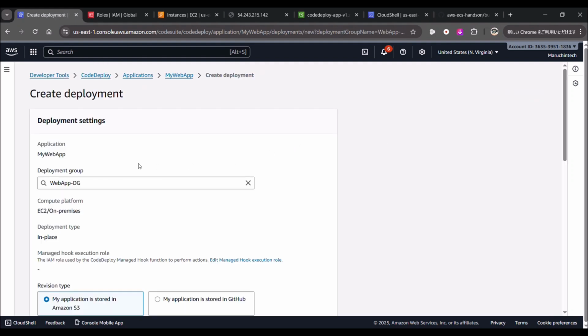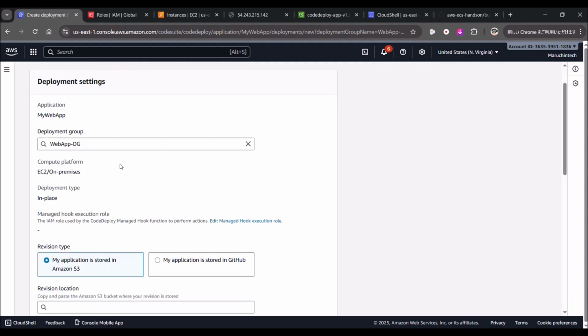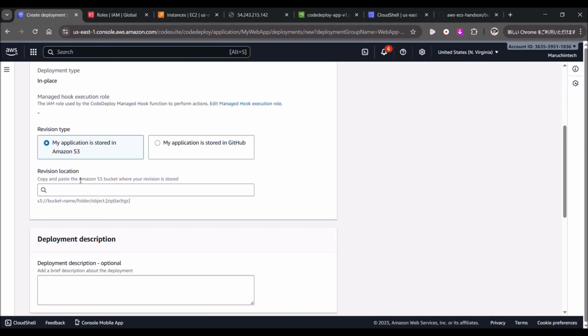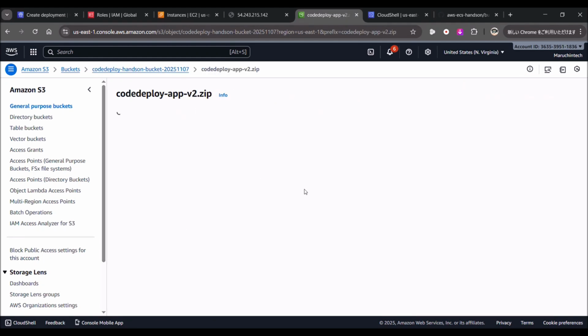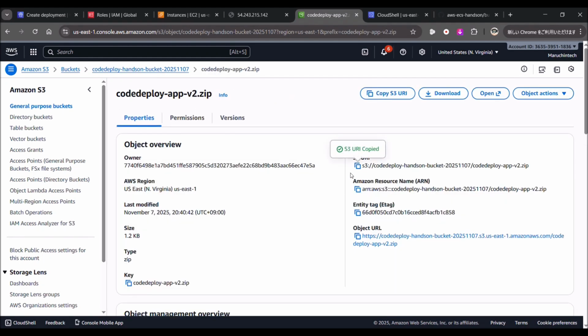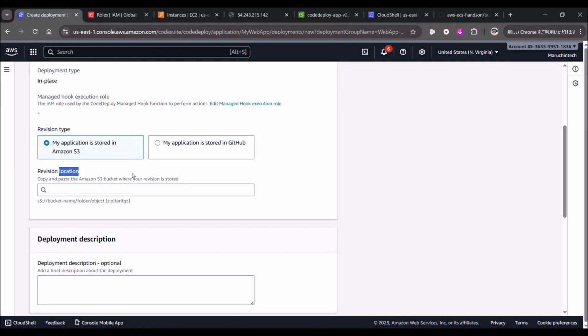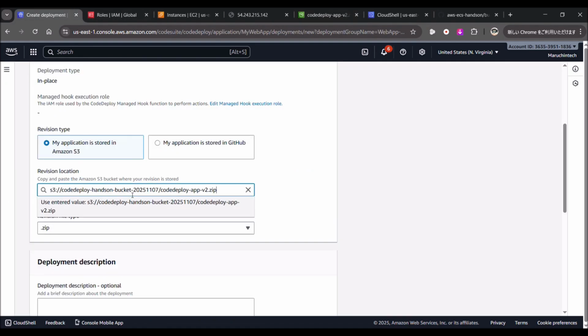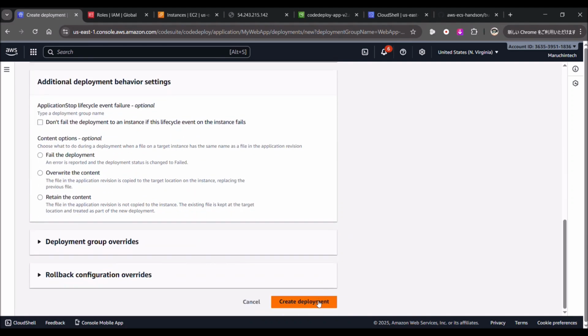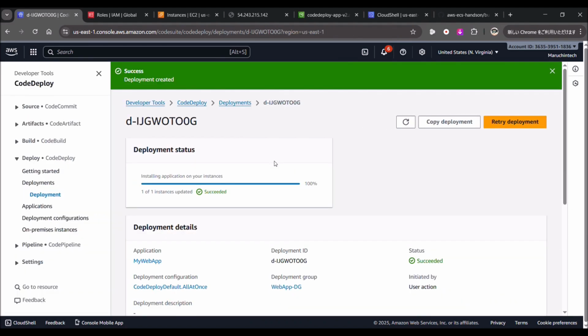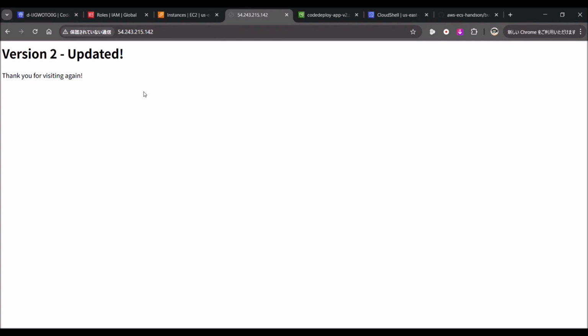Then in the same way, choose web app DZ, and scrolling down, for the revision location, this time I'm going to choose app version 2, copy the URI of the S3 bucket, and paste it into the revision location, and click on Create Deployment. So again, after about 1 minute, the status is now succeeded, and going to the browser,